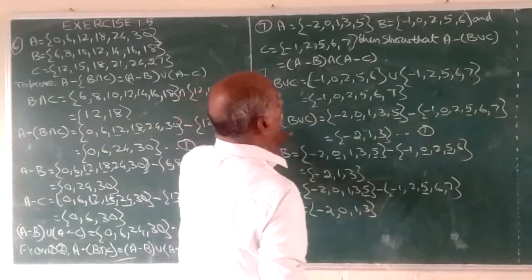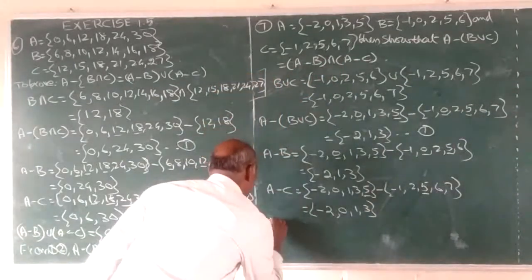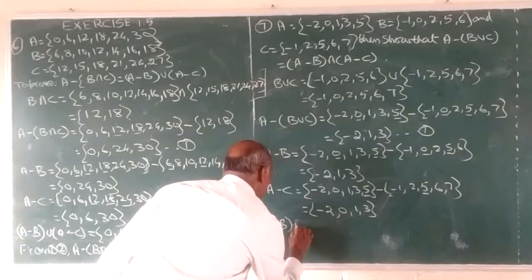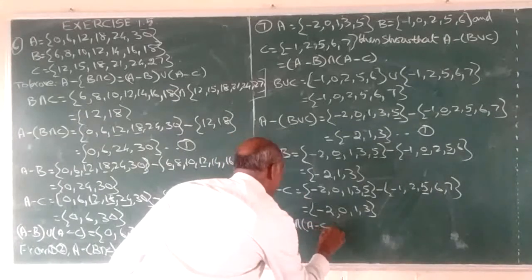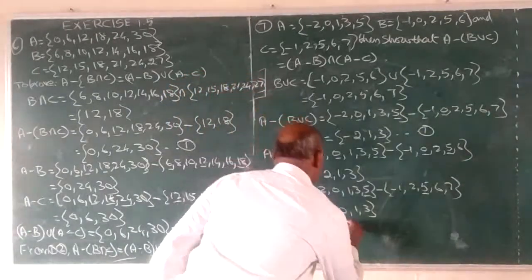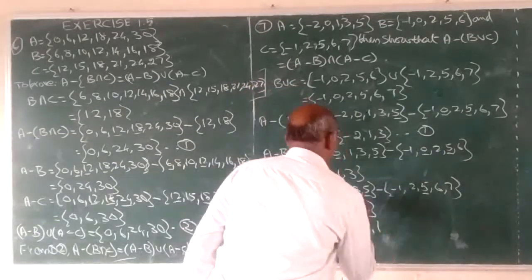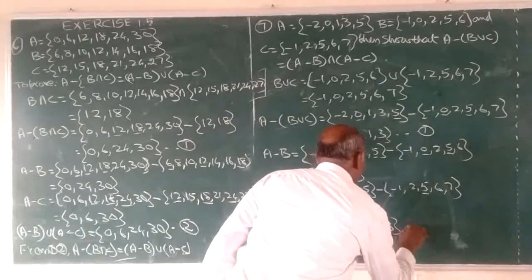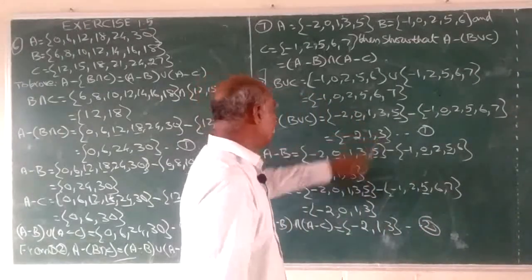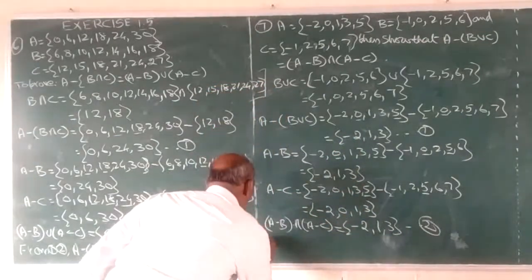Then you have to find the intersection between these two sets, A difference B intersection A difference C. Here -2 is common. Next 1 is common. Then 3 is common. This is equation number 2. First equation: -2 1 3. Second: -2 1 3. Both are equal. So from 1 and 2